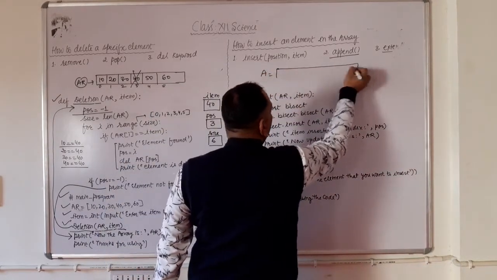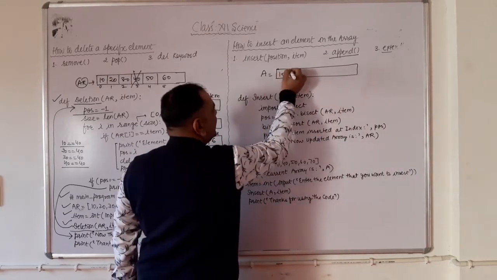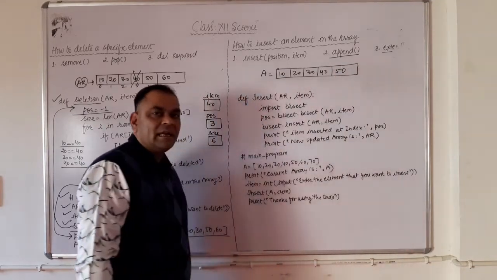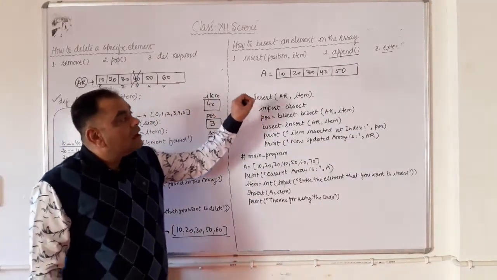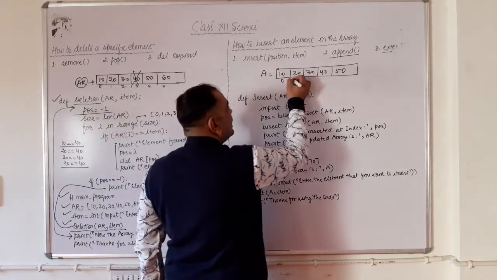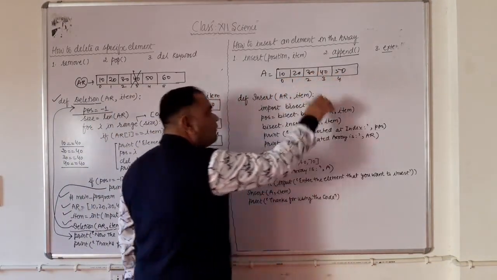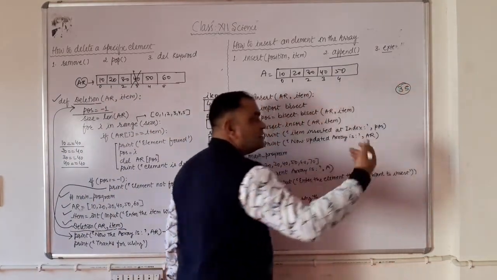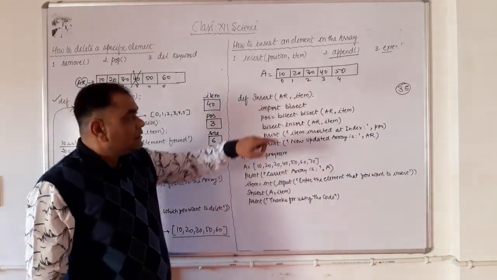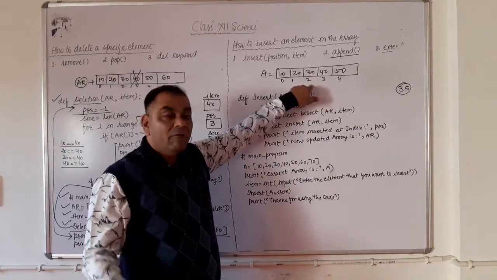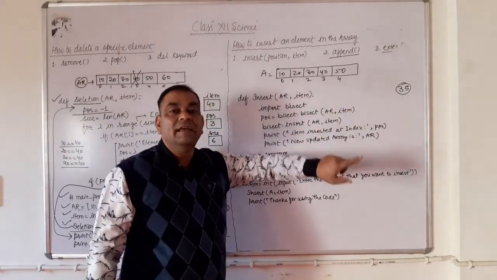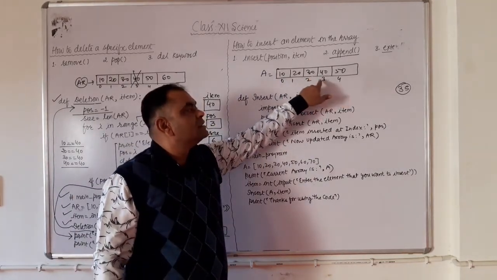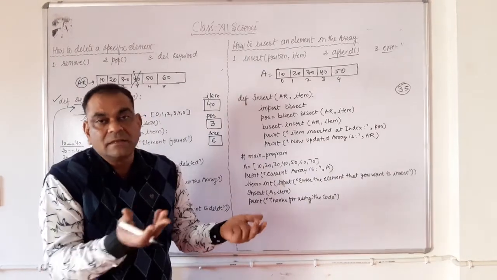The array of integer values is 10, then 20, 30, 40 and 50. Right? I want to insert 35 in a specific position of this array. My inserting element is 35. Now what will happen? What are the steps? Very first, I should find the specific position where the 35 is going to be stored. 10, 20, 30. After 30, we just store this 35. This is the proper position.